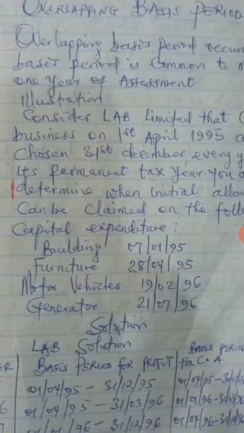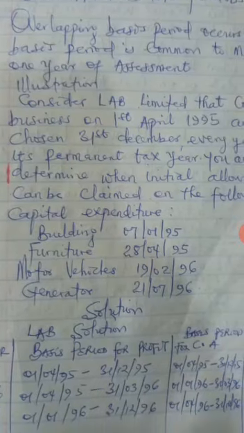It simply means that in respect of assets acquired before the date of commencement of business. Like we have seen this building, just for example, let's say this lab limited is into production of, let's say, granite oil, and they decide to say by April they're going to start business, but they don't have land. Then they decide to acquire the land on the 1st of January. Note, like I explained to you,